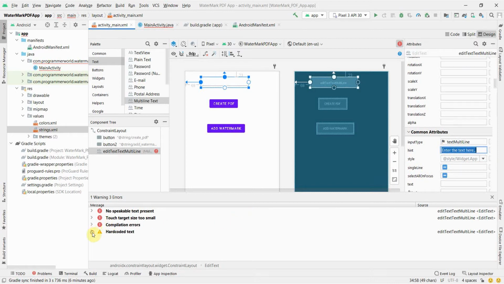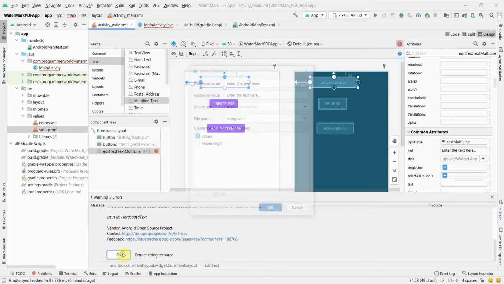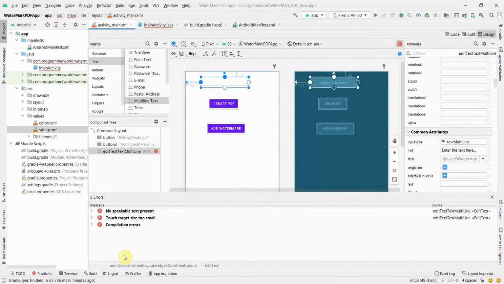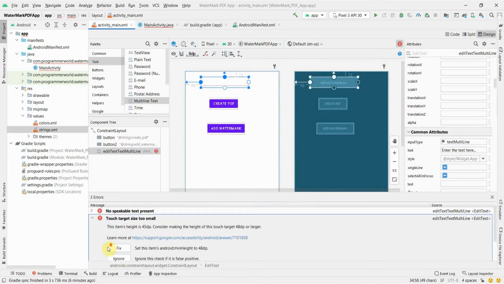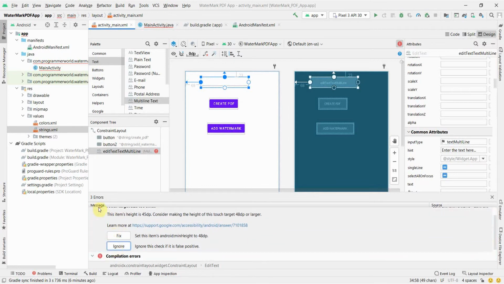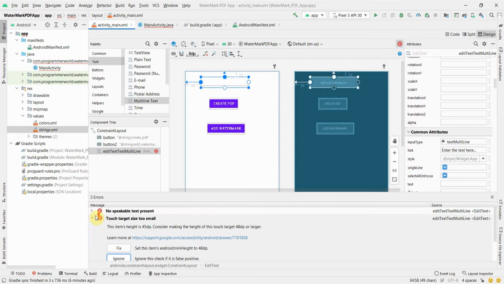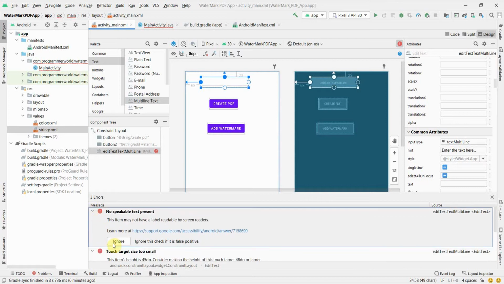Then there is a warning of hard coded text. Just click OK, and I don't know why this is showing. I think I can ignore this, and I can ignore the first one as well, the no speakable. This one also I can ignore. This should be fine.